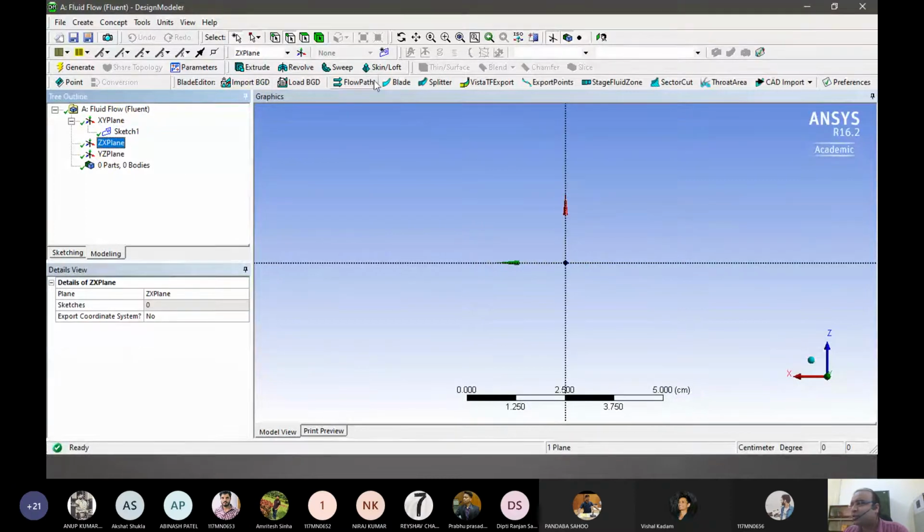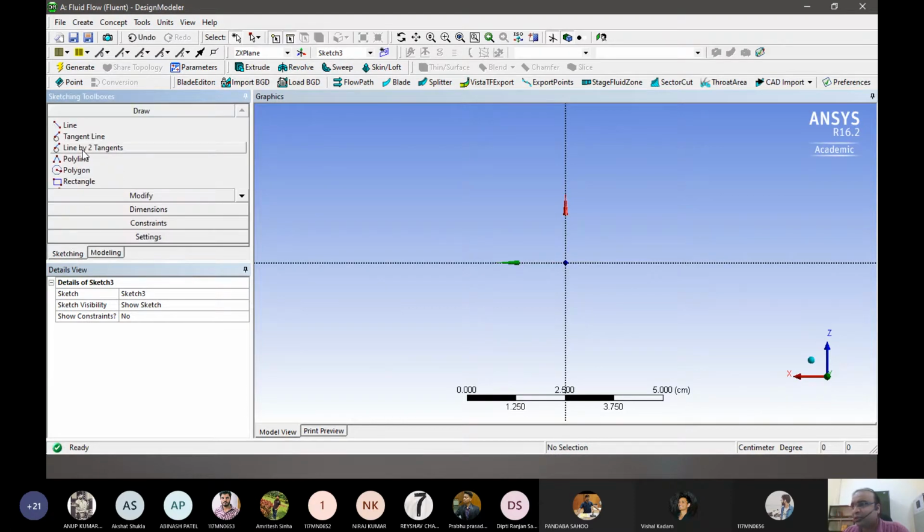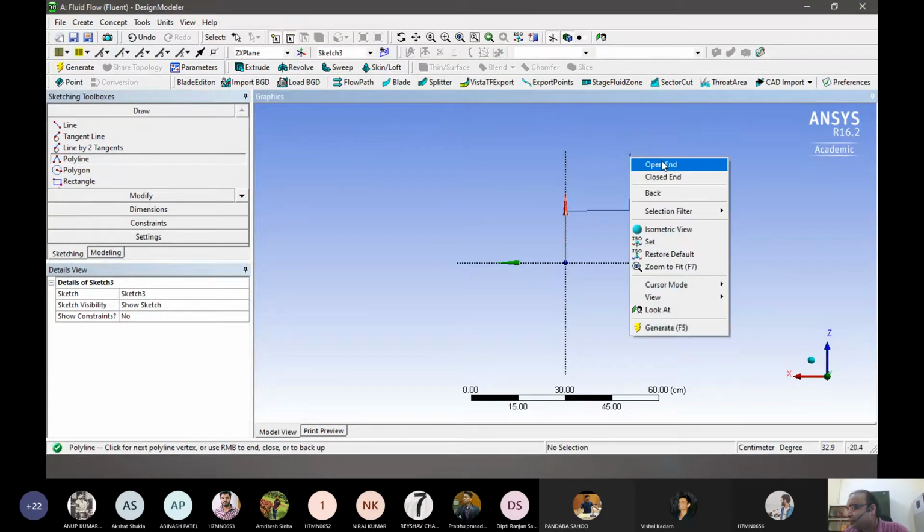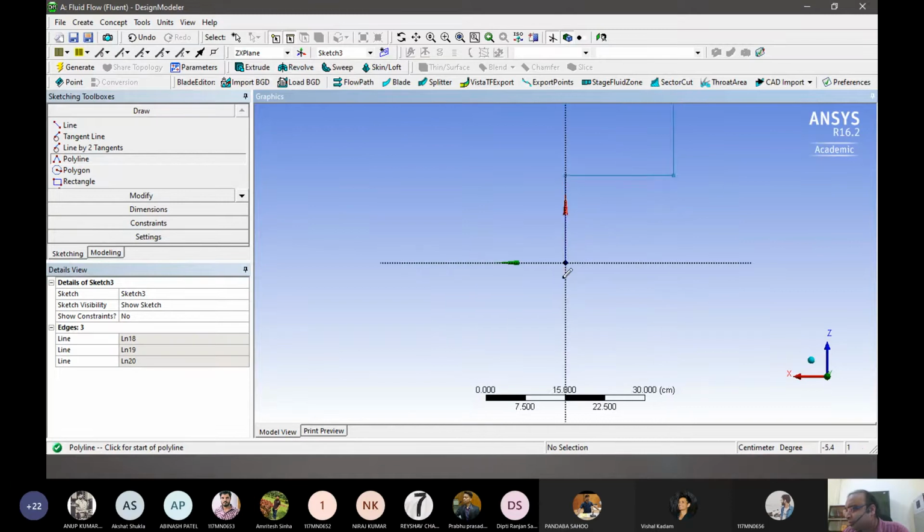Okay, so new sketch again. Some things keep on coming, so that's okay. We can sort those errors out. Okay, and quickly make a polyline. Right.